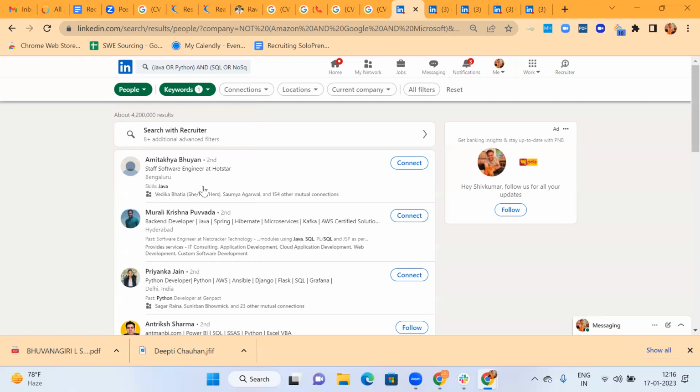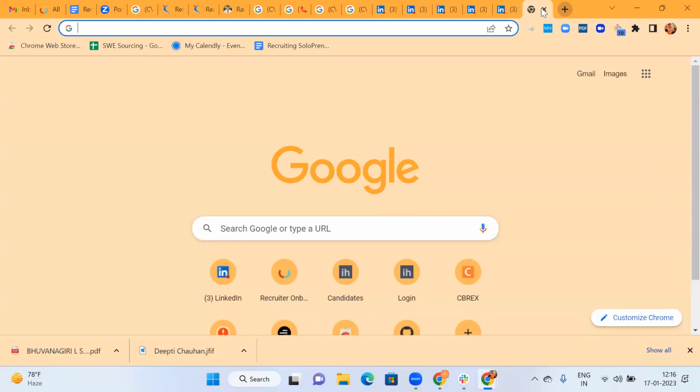Shiv, just one question on this and or. Can you show whether these spaces are really required here or not? In this case, I'll tell you. Let me just run these two examples parallelly.